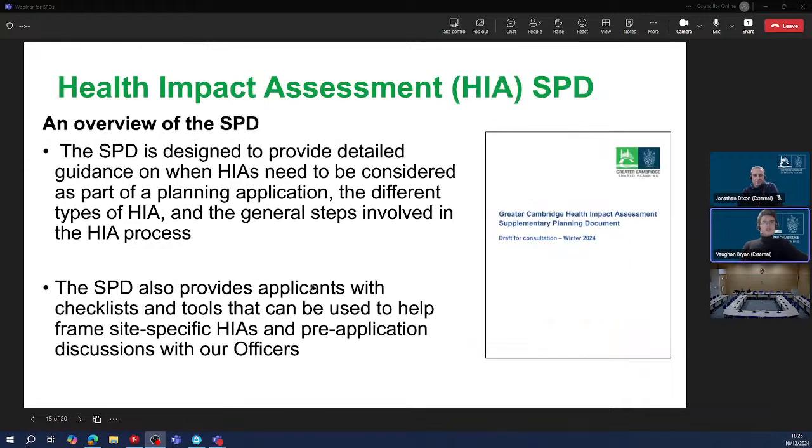If I move on to the next slide. We have developed a Greater Cambridgeshire Planning Health Impact Assessment SPD. Health impact assessments aren't actually new. There is an existing SPD for South Cambridgeshire that was adopted in 2011. Officers have sought to introduce a new SPD following evolutions and refinements to best practice guidance on HIAs, including guidance published at a national level by Public Health England in 2020. It has also been produced in light of best practice guidance published by the London